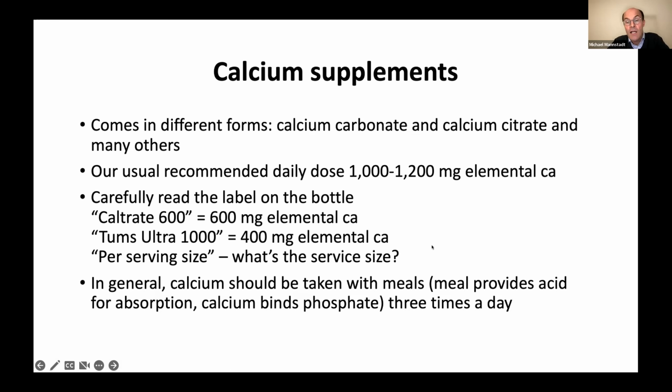Now, there are lots of little difficulties and challenges in knowing how much calcium you're actually taking when you're taking your pills. And so you have to be very careful to read the label on the bottle. And then sometimes you cannot buy the same bottle. You have a different one. So you have to really carefully read it again. And that is, for instance, Caltrate is a company's name. Caltrate 600 contains 600 milligrams of elemental calcium. Well, that's easy, right? But then what about Tums Ultra 1000? So you remember that Tums are calcium carbonate also. But if you think this tablet contains 1,000 milligrams of elemental calcium, you're wrong.